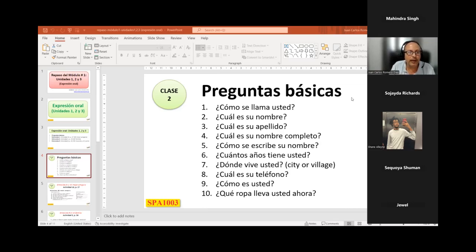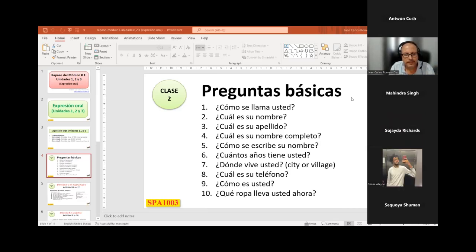Entonces, otra persona, ¿cómo es usted? Antoine, ¿cómo es usted? Soy alto, inteligente, moreno y guapo. Soy alto, inteligente, moreno y guapo. By the way,